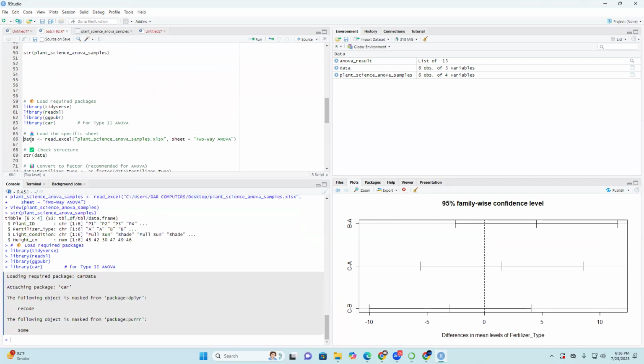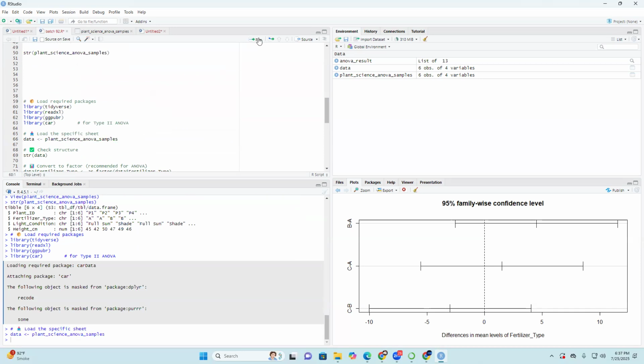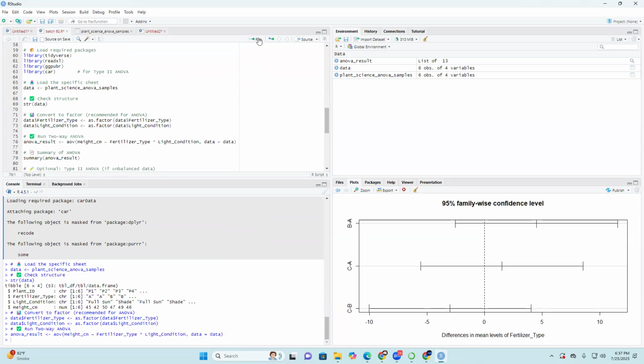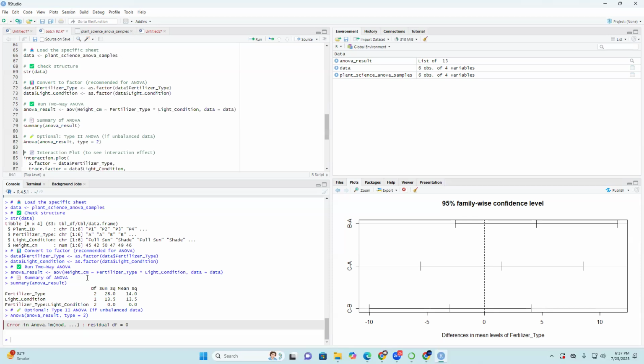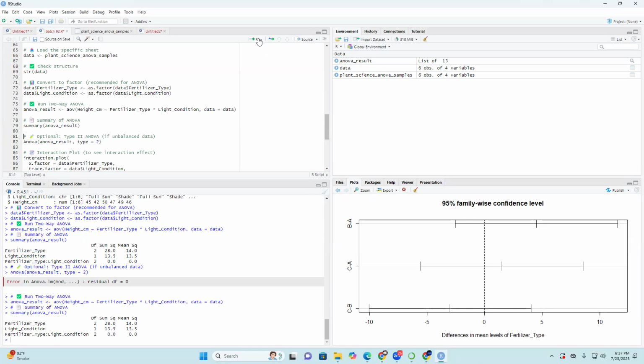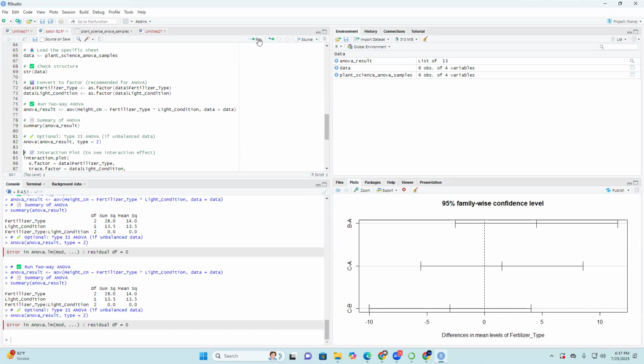I need to remove the script or replace it with a rewrite. Maybe you will not get this error. Here is the script, but here it is showing me an error again in ANOVA, residual df equals 0. Again need to run, check. Again showing me the same result. I will copy these results,